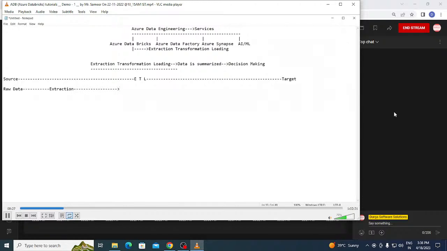After the process of extraction is done, the process of transformation is implemented. Transformation is the actual process where the data is converted into the format required by the customer. Once the transformation is done, the data is finally prepared and loaded into the target, that is called the destination.